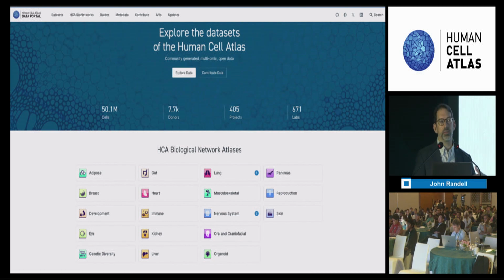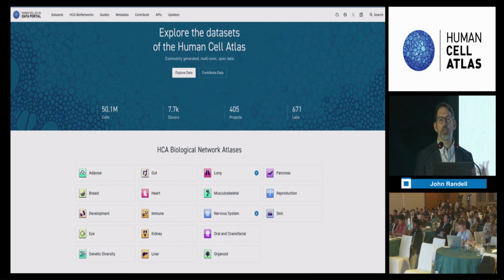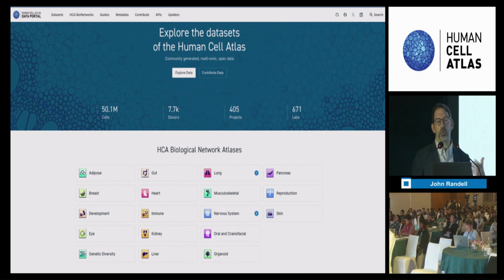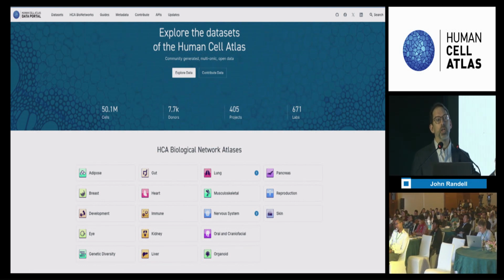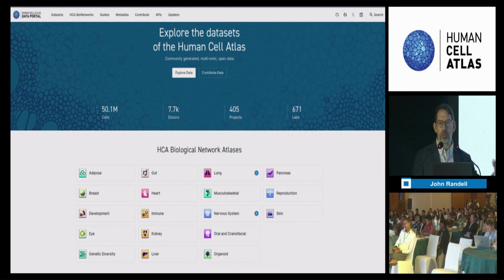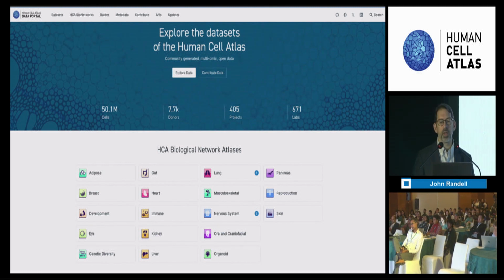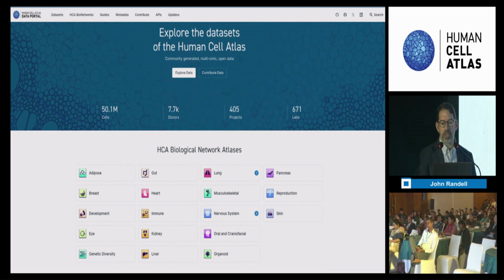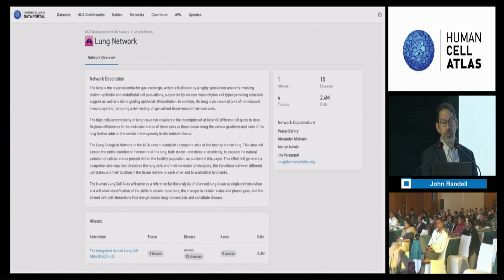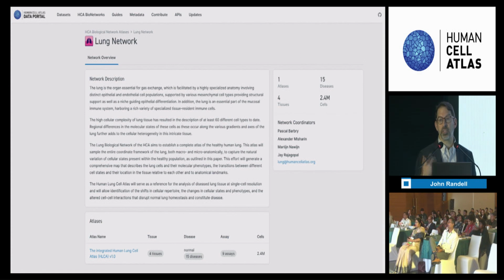And so you will see that there's information on the scope of the atlas, who contributes, and there will be links to publications, to code, and so forth. Then there will be links out to the analysis portals where you can actually explore the atlases themselves, as well as to the data sets that make up the atlas. And to show you what this looks like,